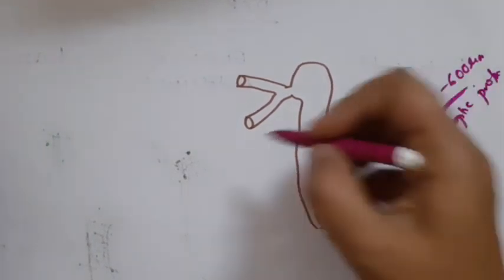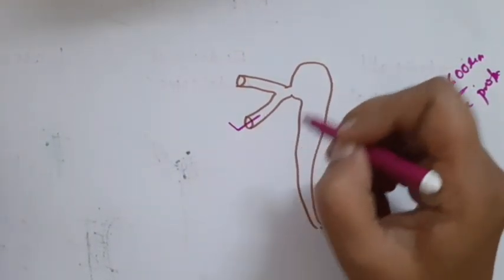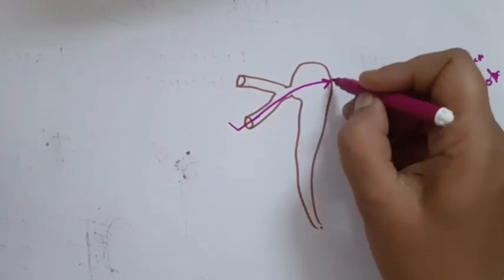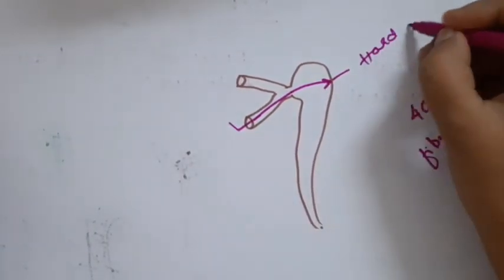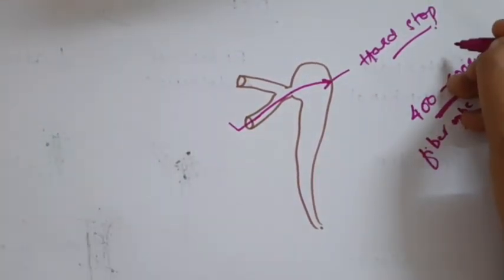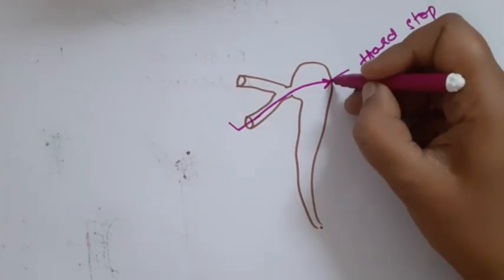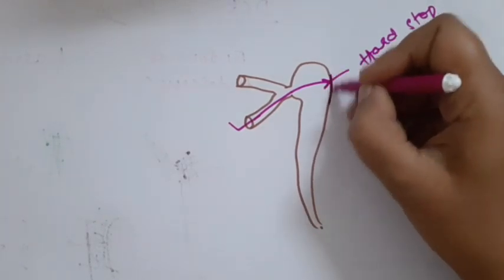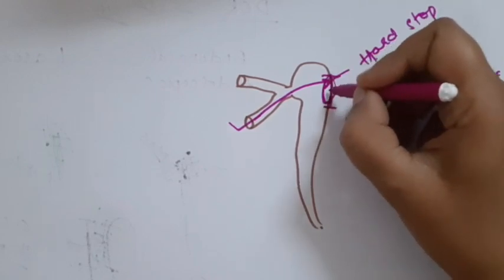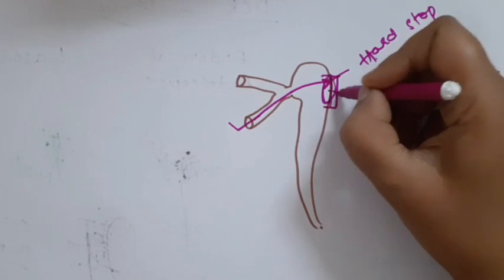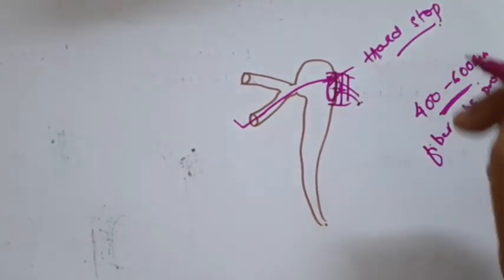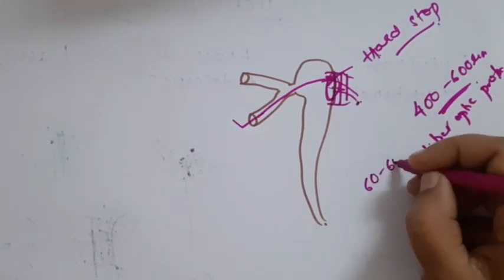Okay, so this probe is introduced from the lower canaliculi and then it is directed till it hits the nasal bone and the surgeon will feel a hard stop. Okay, I have explained what is hard stop and a soft stop in the previous videos. So surgeon will feel the hard stop and it means that the surgeon is at the medial end of the nasolacrimal sac. Then he will fire the laser. So it will create an ostium in the sac, then the bone and then the nasal mucosa, thereby creating the passage. But the success rate is very low here, almost around 60 to 65%.